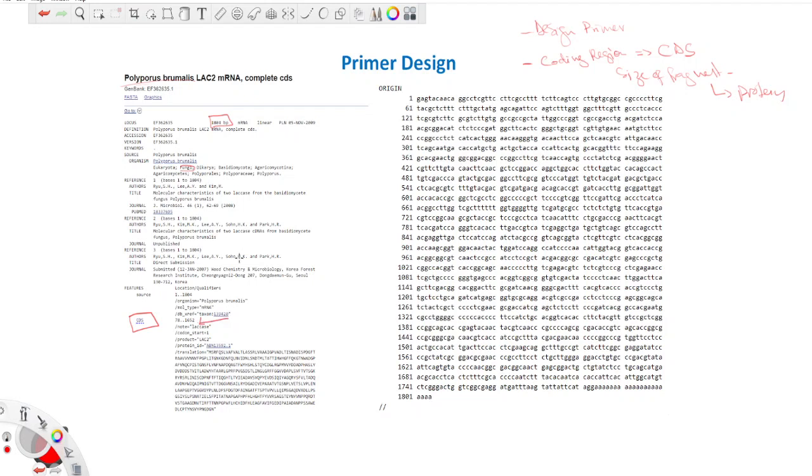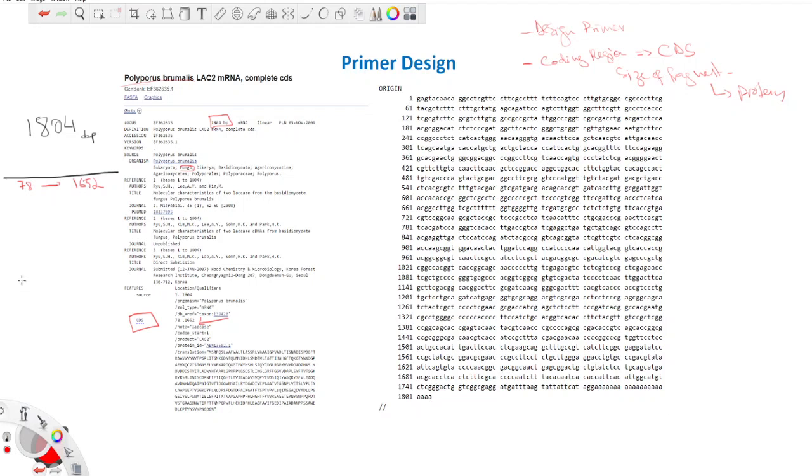So it's telling you that in this nucleotide, this entire sequence here, you have about 1,804 base pairs. And in this 1,804 base pairs, your coding region, or your region of interest, that has a start and probably a stop codon, is going to be from position 78 to